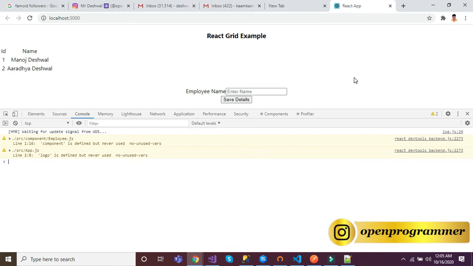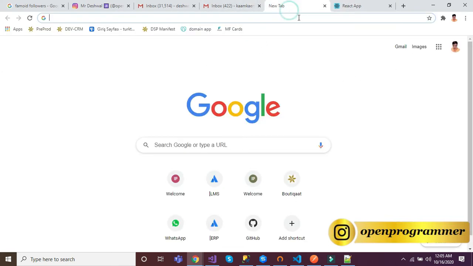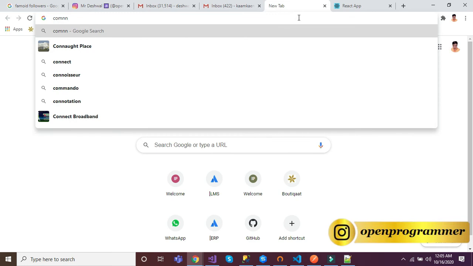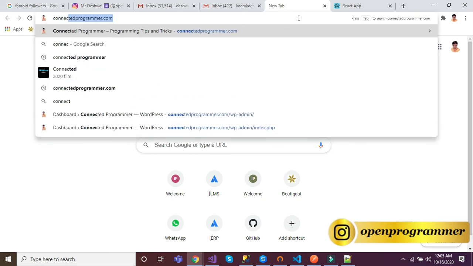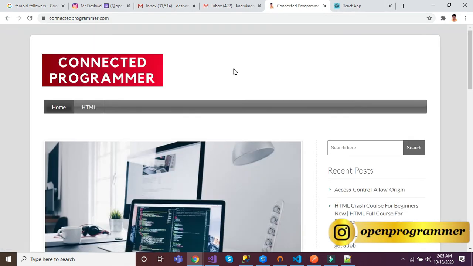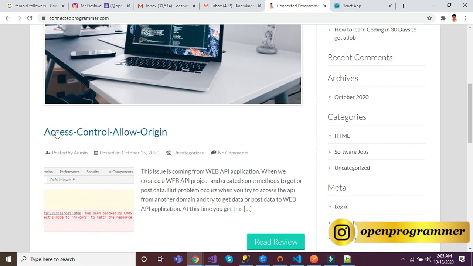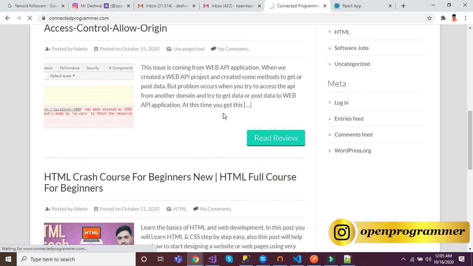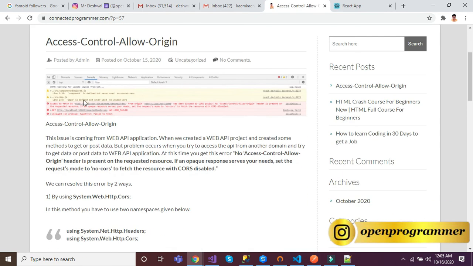Okay, and let me tell you also something. If you want the complete article, you can go to connectedprogrammer.com, that is my website. I have written a complete article on this issue, on how we can resolve it. So here it is, access control allow origin, click on it, and you will see the complete content with the images here.